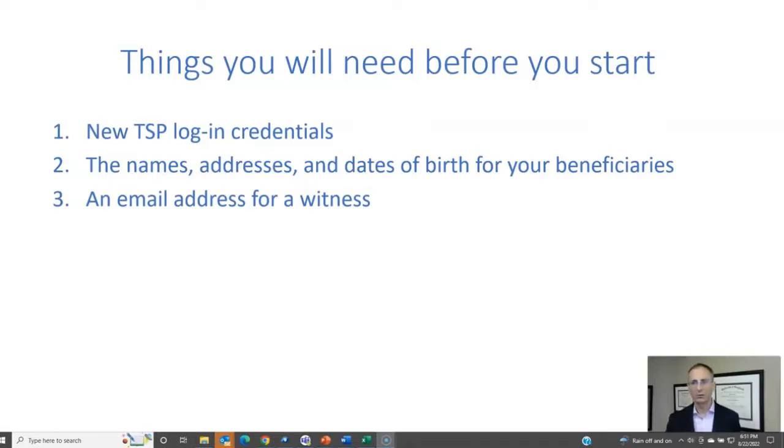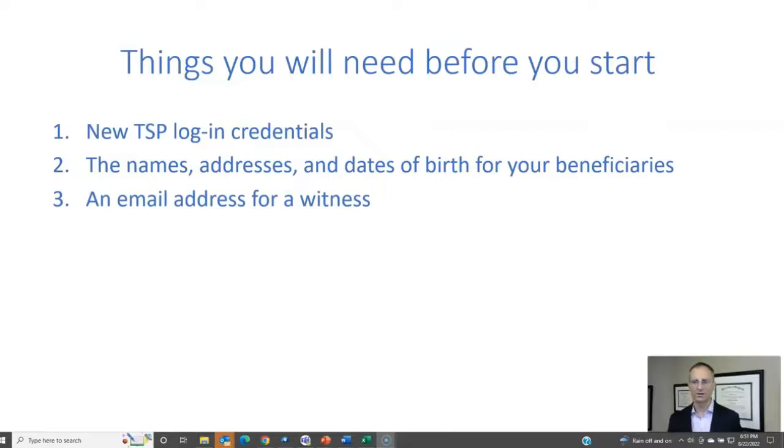The other thing that you will need is an email address for someone to serve as a witness for your TSP beneficiaries. Now that person cannot be a beneficiary on your TSP. So you will need somebody who is not listed as a beneficiary who is willing to receive an email from the TSP, and they'll basically have to sign an electronic form that says, yes, my friend or my family member did intend to update their TSP beneficiaries as follows.